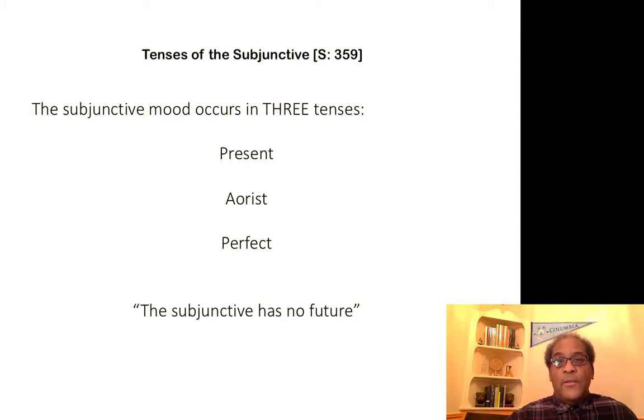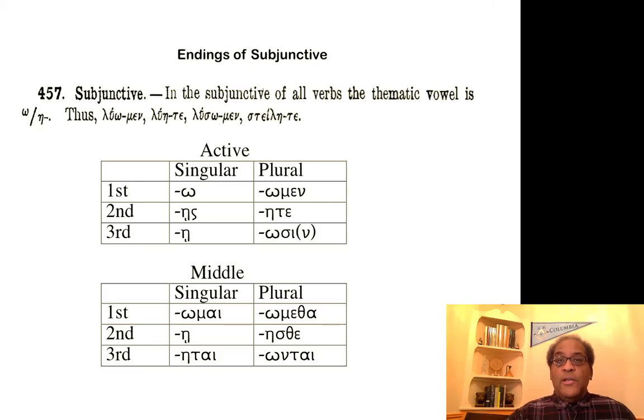It's only going to occur in the present subjunctive and the aorist subjunctive, which means we'll have a first and second aorist subjunctive, as well as subjunctive aorist passive forms, first and second, and it's going to occur in the first and second of the perfect as well. But forming the subjunctive is actually quite easy, because you're just adding slightly modified endings to the tense stems that